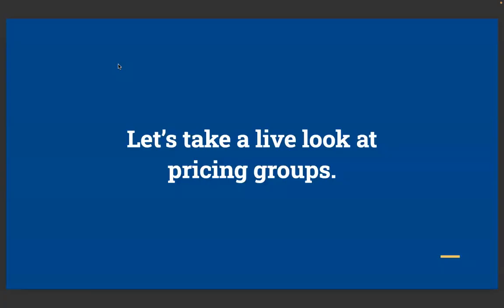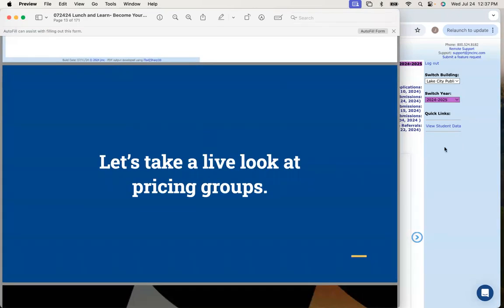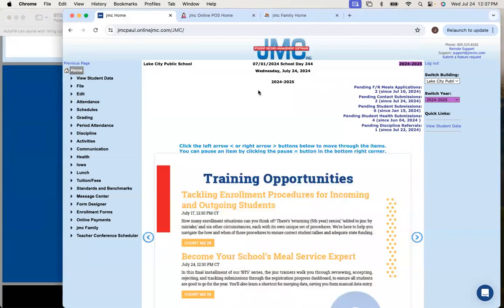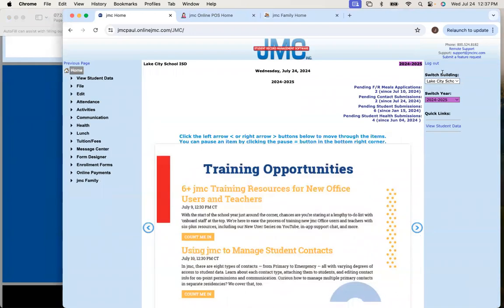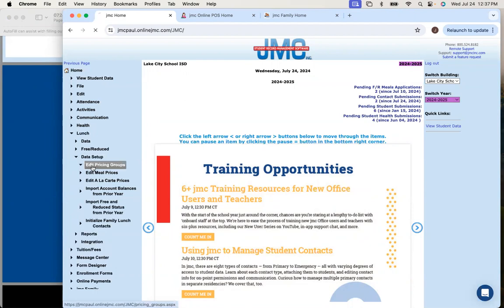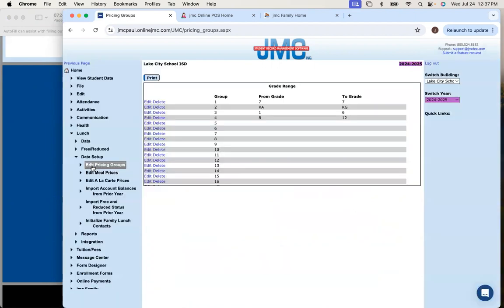So let's take a live look at pricing groups here in JMC. I'm already logged into JMC Office. I'm going to switch the building to the district level, since we're dealing with money, we want the district to handle all the money stuff. I'm going to head to Lunch, Data Setup, Edit Pricing Groups. Okay, and now this page is pretty simple, so I think I can take this live look,